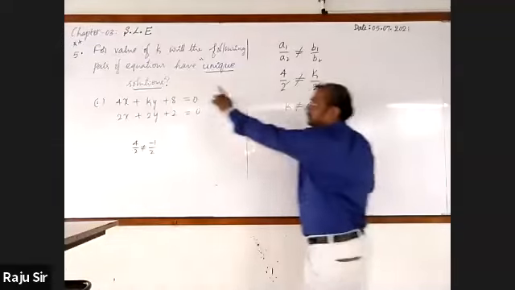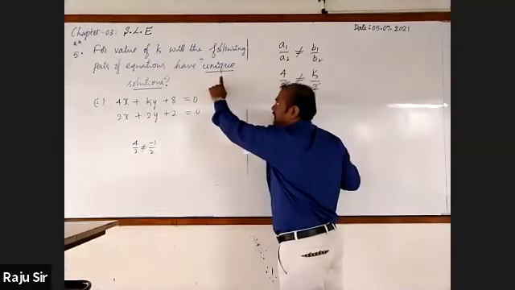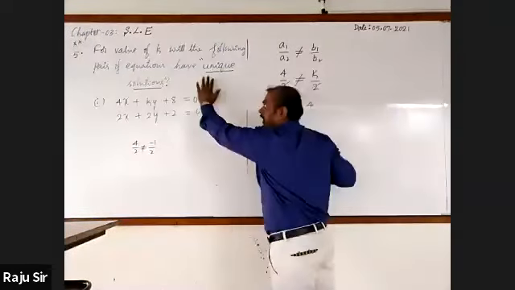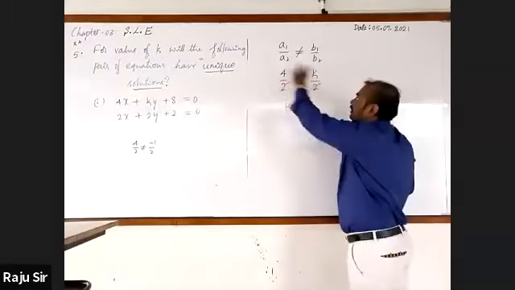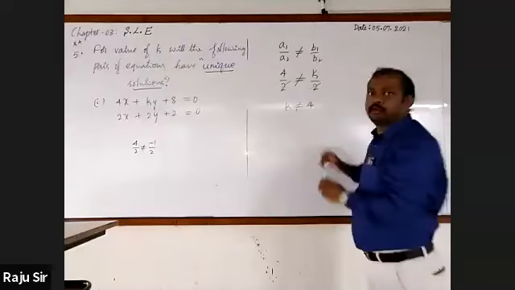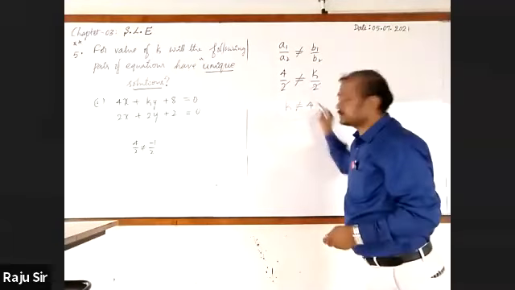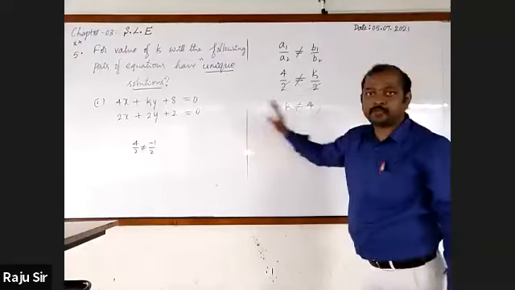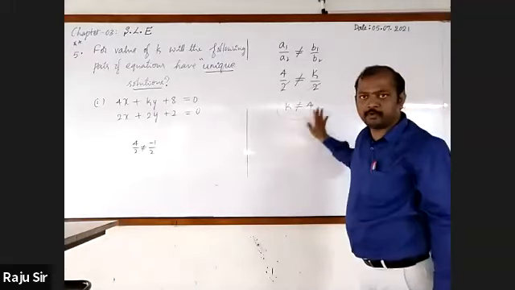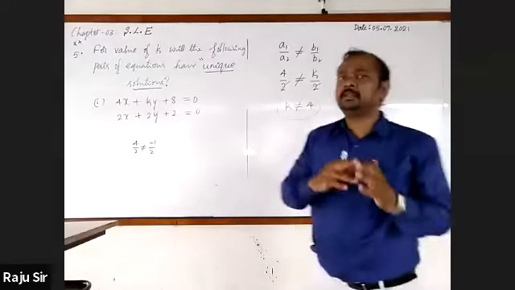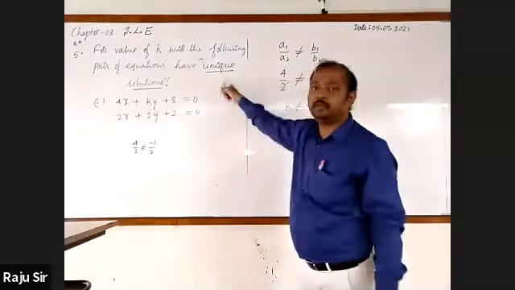Once again, we are going to find out the value of K such that the given equations will satisfy this condition, unique solution. We have the condition for unique solution: A1 by A2 is not equal to B1 by B2. We have substituted. After substituting, we got the value of K is not equal to 4. K is not equal to 4 means the value of K should be other than 4, except 4, leaving 4. If you take any other number in place of K, the equations will satisfy the unique solution condition.